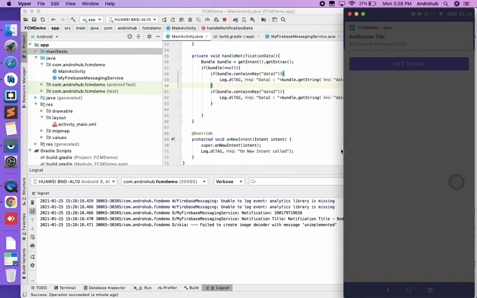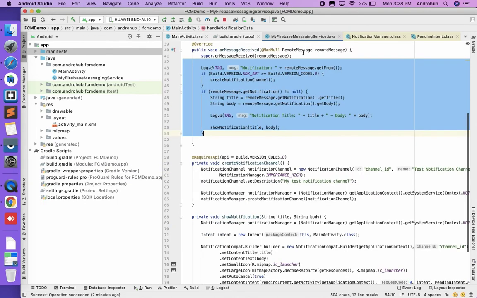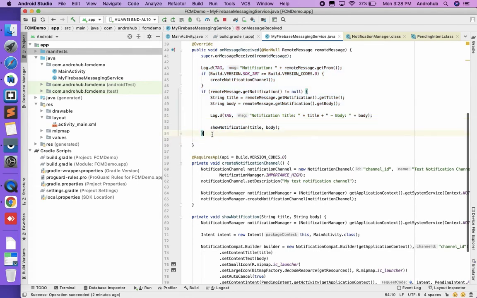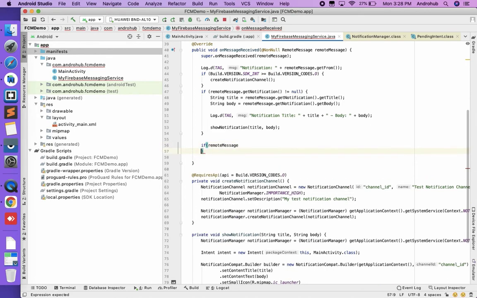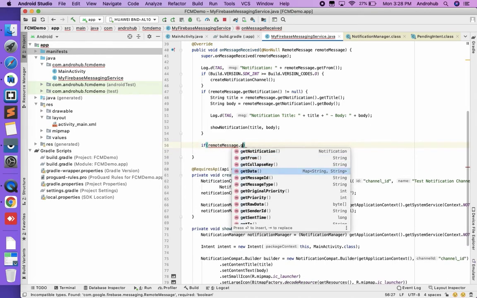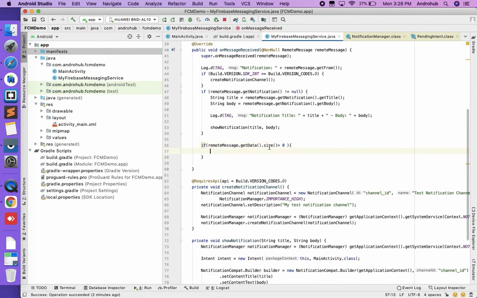So I've received the notification, but if you see, right now only the notification payload is printing. So I have to print the data payload as well. To do that, I have to check remoteMessage.getData().size() greater than 0. If you see, it's returning me a map of string and string. So I have to check the size of the hash map over here.